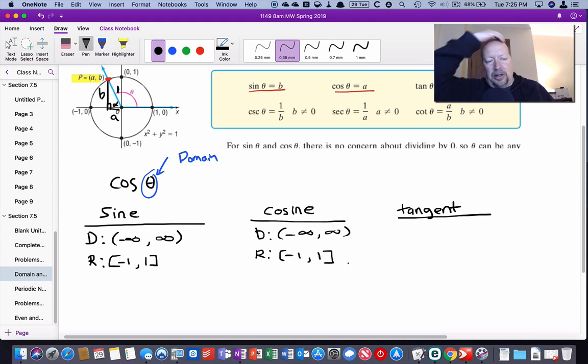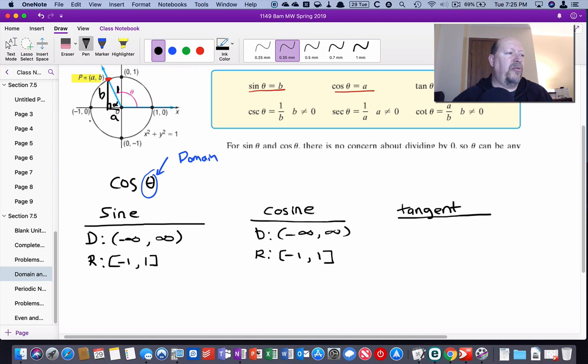Now the tangent's a little bit different. Let me go back to look at this in the yellow block up here. It says the tangent of theta is b over a, but a cannot be equal to 0. Now why would that be? Well, it's because you can't divide by 0, and since a and b is just a point on the unit